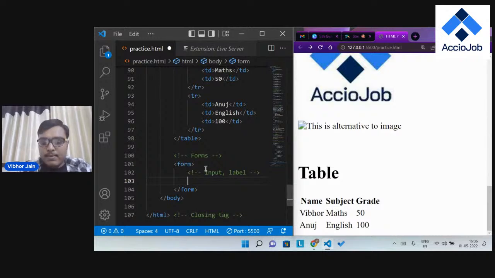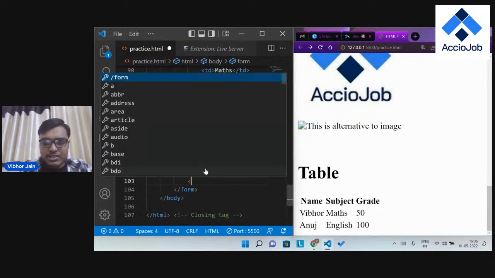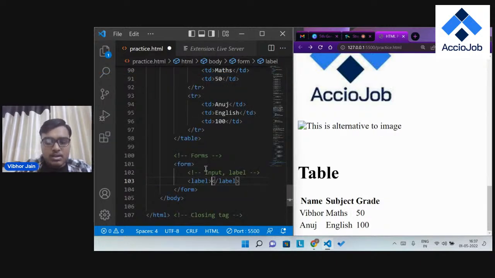So, what is label? Label is considered as the parameter or value which I am asking the user. Like you have to fill your first name, last name, that I will be displaying to the user as a label. That this field is for first name, this field is for last name. Now, input is considered as a field or text box in which the user will write their input. So let's try creating one label that says first name and one input